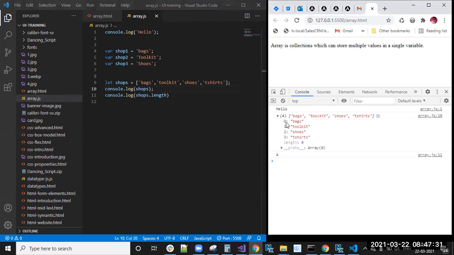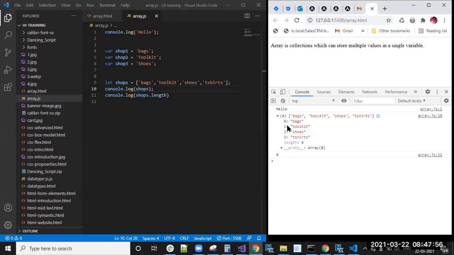You can see here, 0, 1, 2, 3. These are the index values. Each item is associated with its own index. By using these indexes, we can change an element, or we can add a new item into that array.